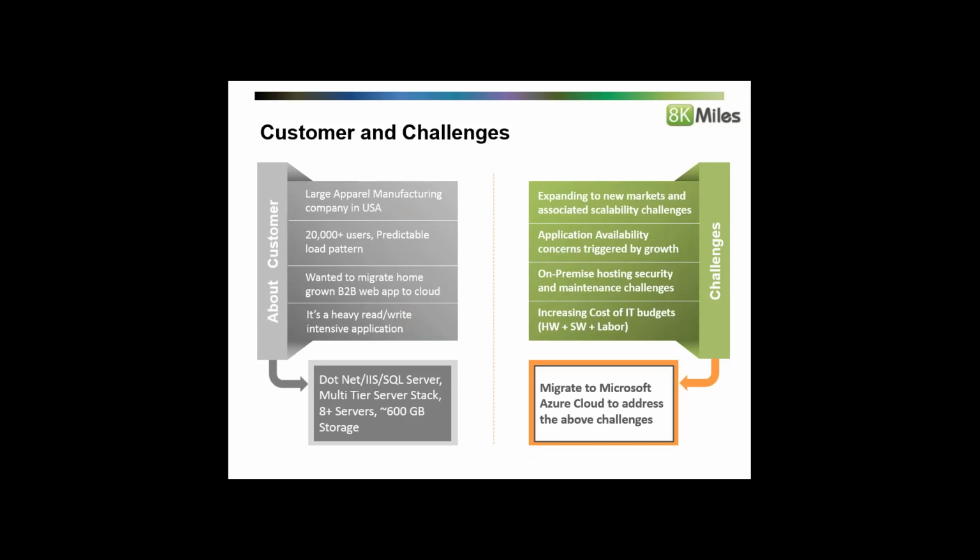The challenges are very typical and very familiar. These challenges are already talked about much when it comes to hosting and serving applications from on-premise. The key challenge is the scalability challenge, because unlike other kinds of workloads and customers that we have dealt with, this particular customer had a predictable workload and predictable scalability patterns. The difference between predictability and unpredictability is